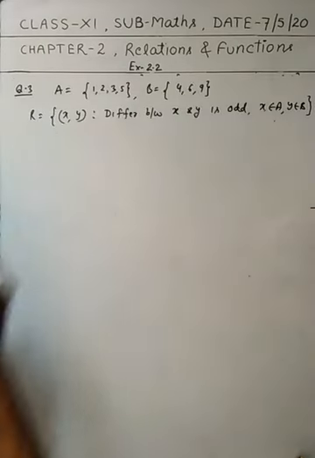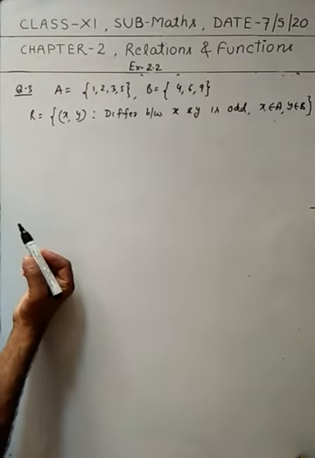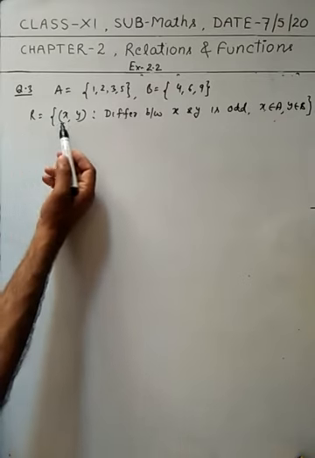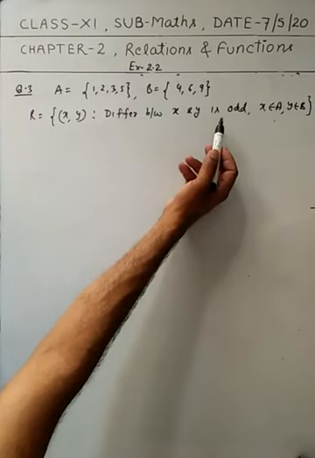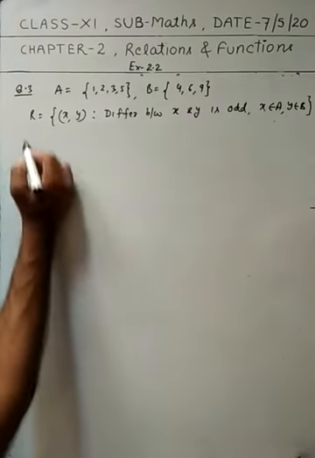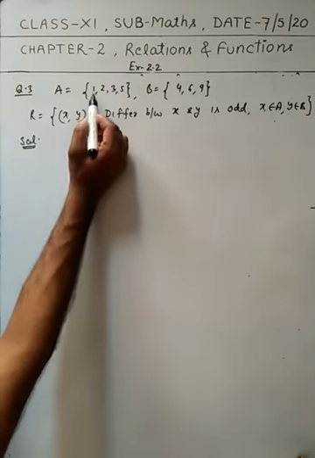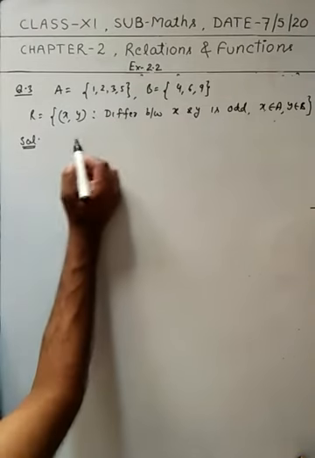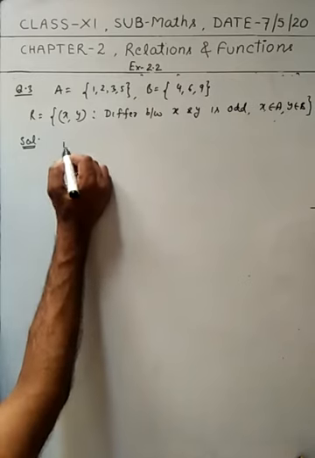In question number 3, the set A is 1, 2, 3, 5 and set B is 4, 6, 9. Now we have to find a relation of two elements x and y such that the difference between x and y is odd, and x belongs to set A and y belongs to set B. So if I take x as 1 and y is 4, then 4 minus 1 is 3. So I'll take (1, 4),